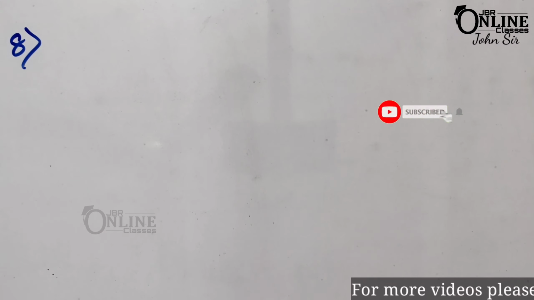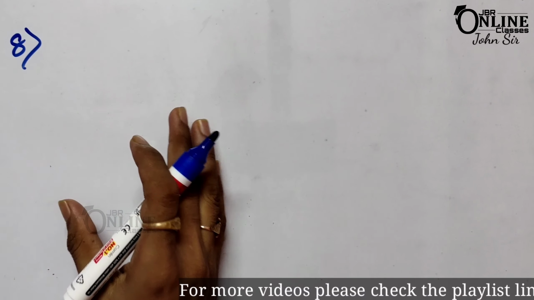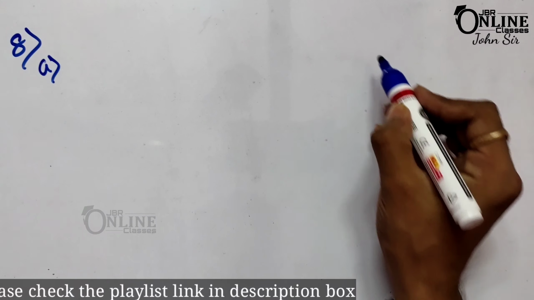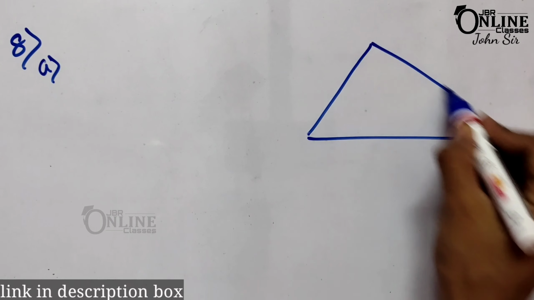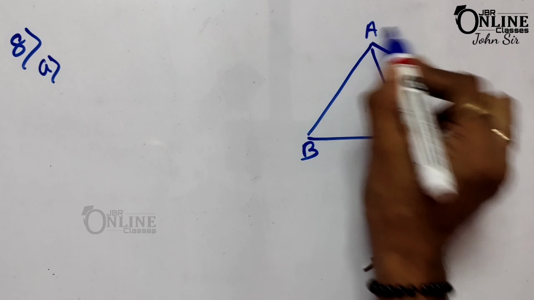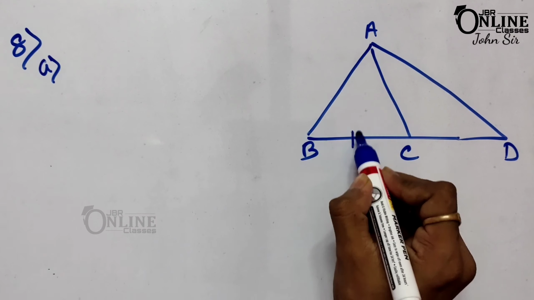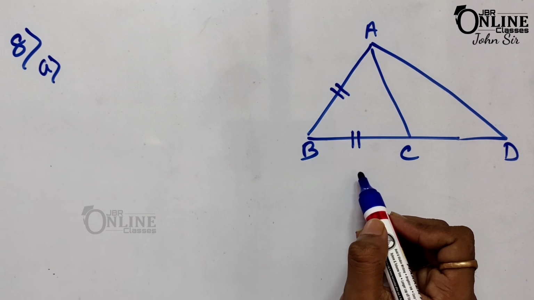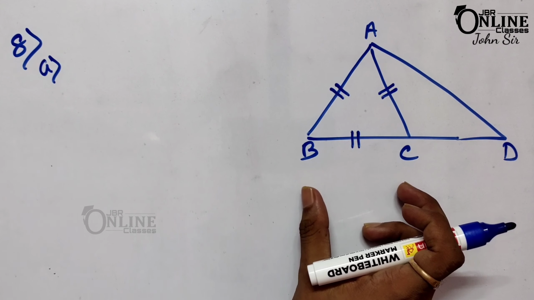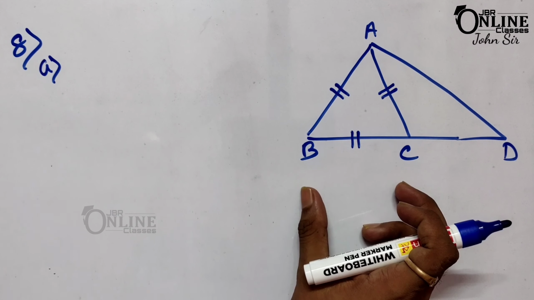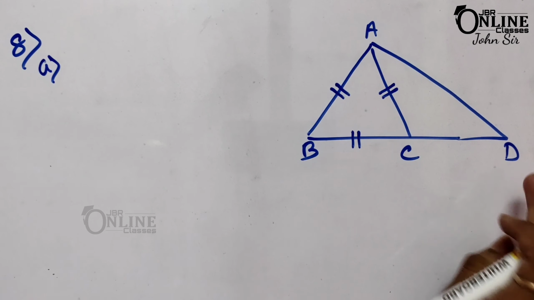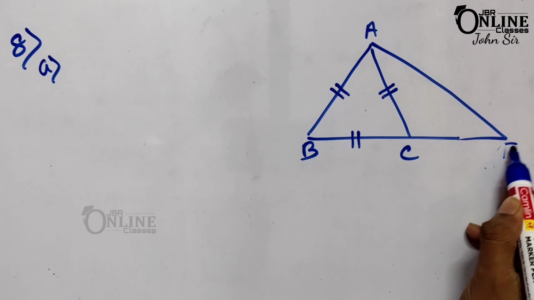So here in sum number 8a, in the given figure, and here the figure is this one. It's a triangle BCA, and this one is D. Here BC is equal to AB and also AC. That means ABC is an equilateral triangle. And the base BC is produced to E. So this one is not D, this one is E according to your figure.